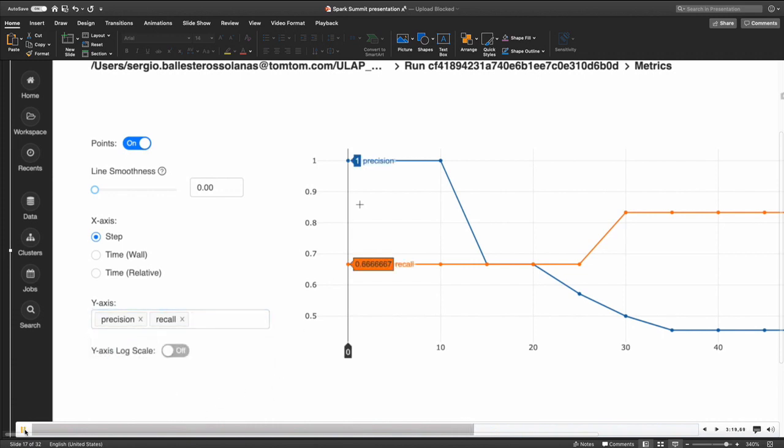Okay, so what we see here is that for a radius of 0 kilometers, the precision is 1, which makes sense because all the regions that are being downloaded are relevant, but the recall is not good. It's only 67%. So that is bad, and we are not retrieving everything that is relevant to this user. If we keep increasing the radius,